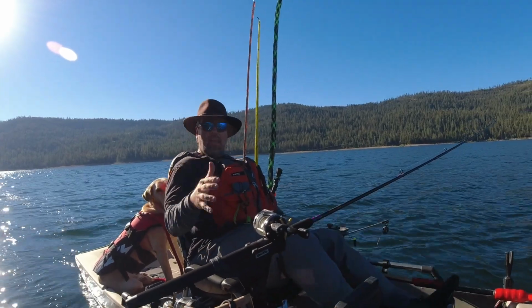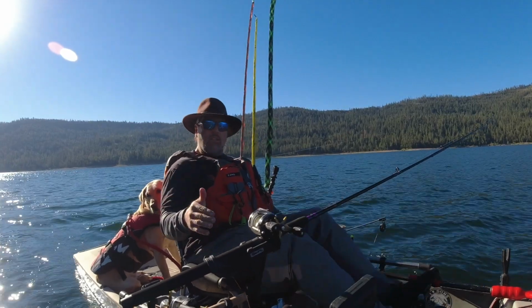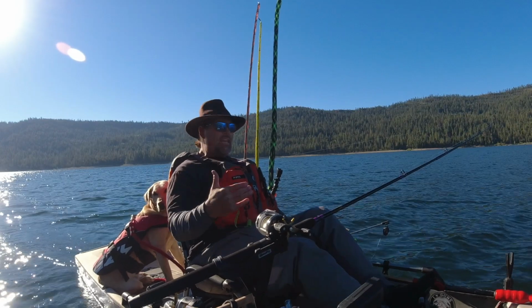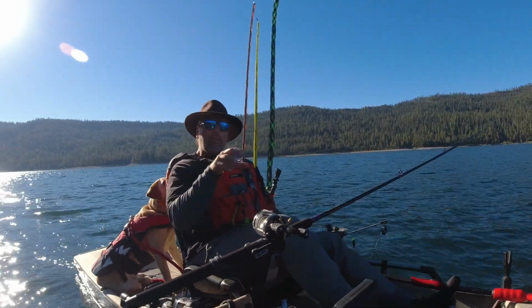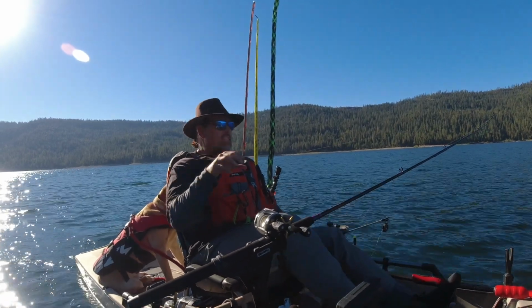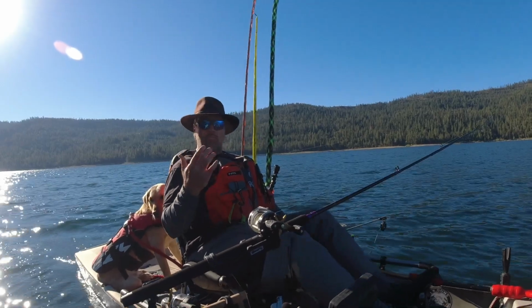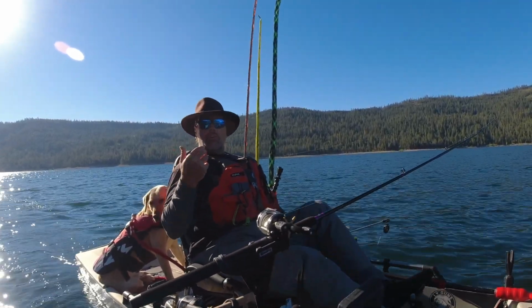So I like spoons. They're very versatile. They come in the entire color spectrum. You can dial the size and the speed in for any situation. They allow you to cover a lot of water, and they tap into the trout's instinctive desire to eat a smaller fish. So spoons, very versatile baits, and one of the reasons that I very often reach for a spoon